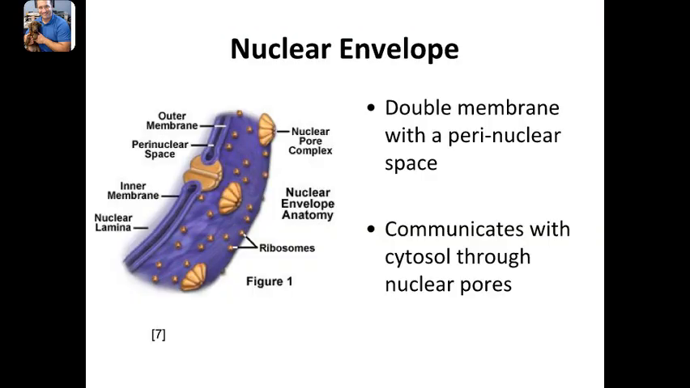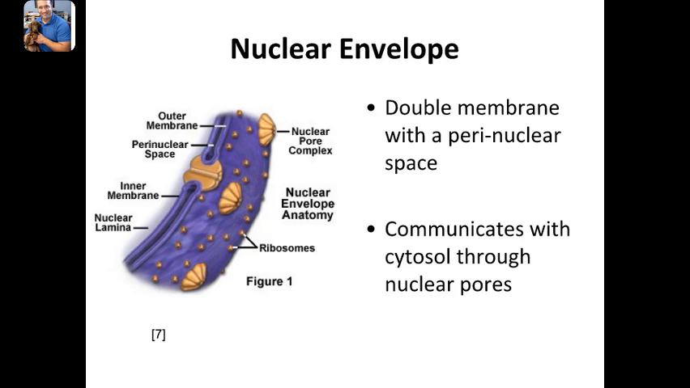Something called the nuclear envelope. So this is like our cell membrane. There's a nuclear membrane, right? It happens to be a double membrane with a perinuclear space between the membranes and the nuclear material itself. Some of its features: here's the outer membrane, here's that perinuclear space, the inner membrane,